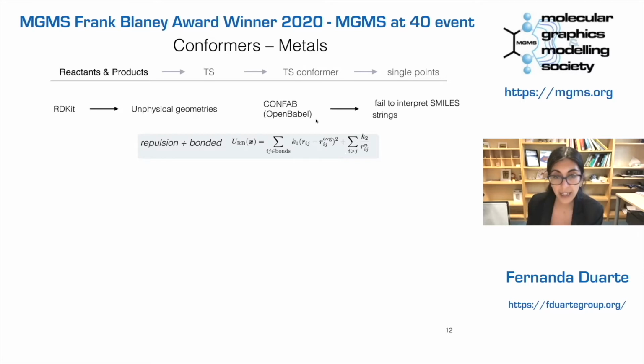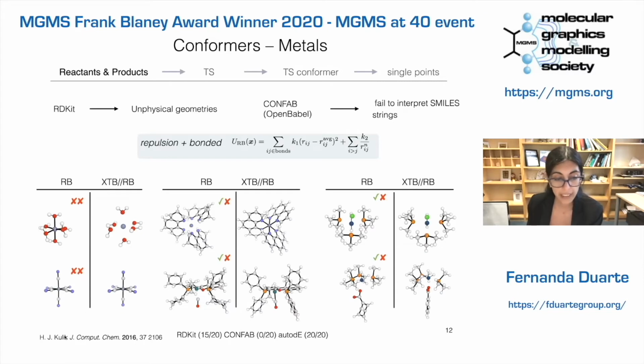And we're testing our approach against those provided by RDKit and by OpenBabel. In many cases, what we did was take the Cooley group database of metal complexes, use a SMILES representation initially, and process that through AutoDE, obtaining those conformations. You see that AutoDE in all the cases was positive, but RDKit in some cases gives